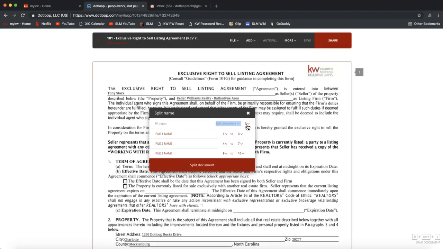So let's say I want 3 different documents. I can designate which pages need to be with which form, okay, and I can rename it here as well. Rename that file and how many pages for each file and click split document. Definitely super handy. It is only used with PDFs, okay, and again what I mean by PDF is I can't